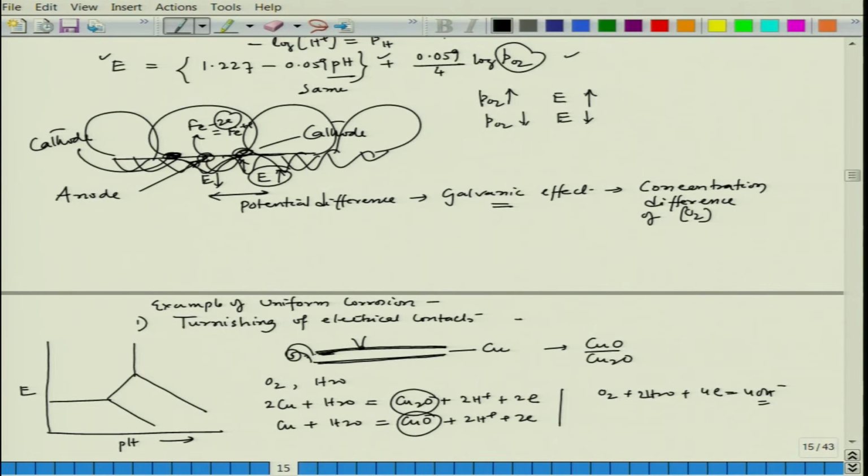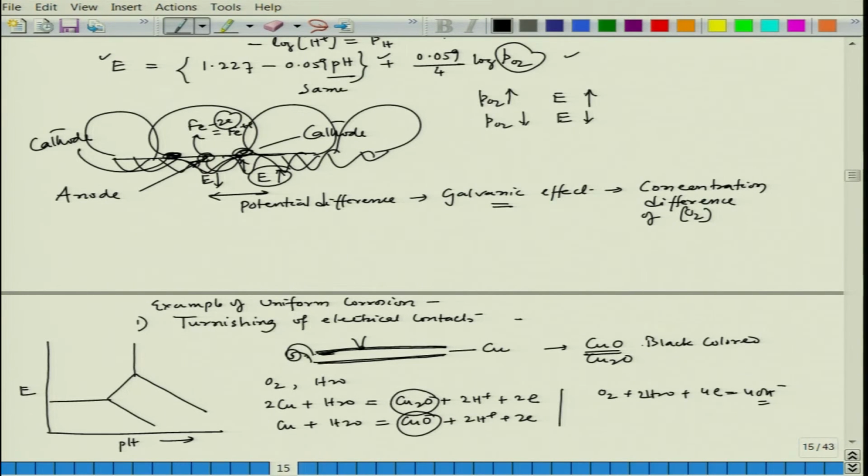And here this looks like a black colored oxide, and this black colored oxide, you will see on the copper wire. For example, if you throw away some copper wire with the plastic cover on, and then after some time you remove the cover, the end of the copper wire where it was covered, you will see it has become a little darkish, black colored. You know, that is nothing but the tarnishing of copper. It is basically copper oxide forming, and that is happening because of the corrosion effect. Fine. So, this is one example.